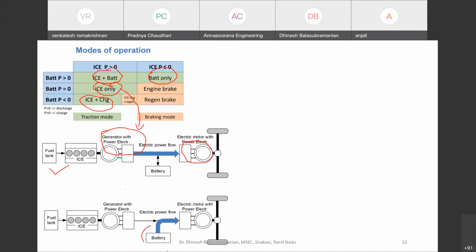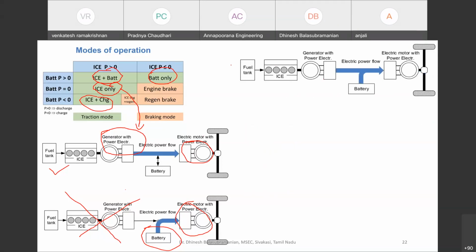and in the next case, only from the battery. So completely your internal combustion engine will be removed and the power source will be supplied from your battery. From the battery, your electric motor will be operated, and from there the power will be derived for the transmission system. And next is the combination of both, that is the internal combustion engine and the battery. So the power will be derived from the internal combustion engine and also from the battery, and combinedly they will run the electric motor, and this electric motor rotation will be given to the transmission system, and thereby the vehicle will be propelled. So one is pure internal combustion engine, the engine alone mode,